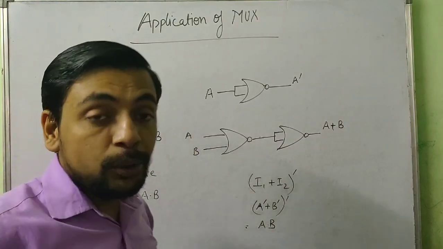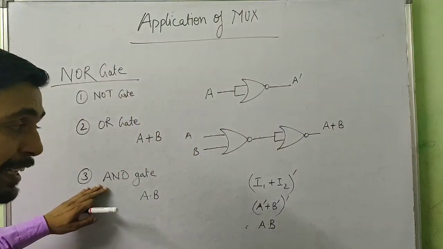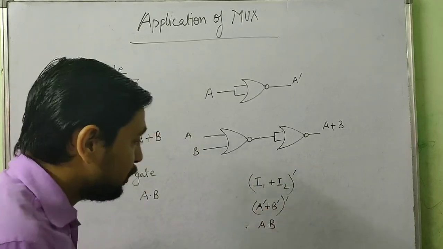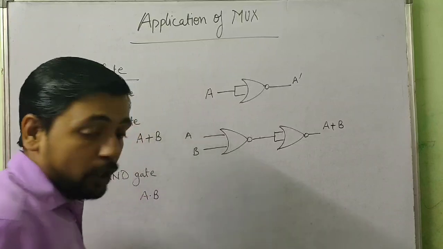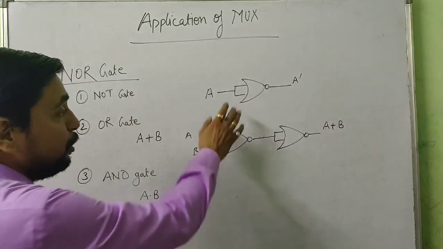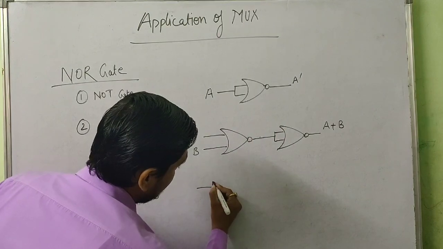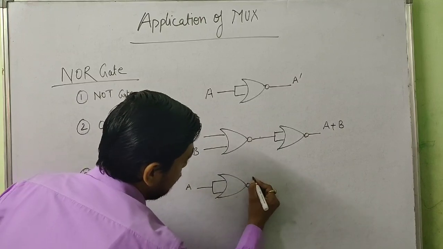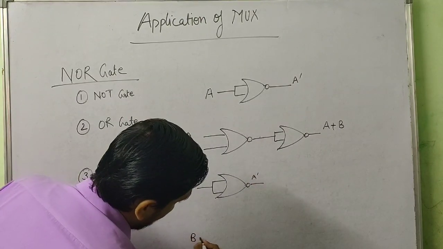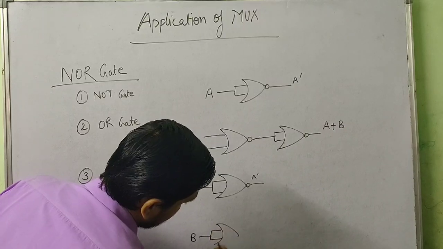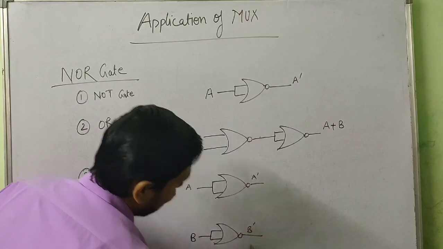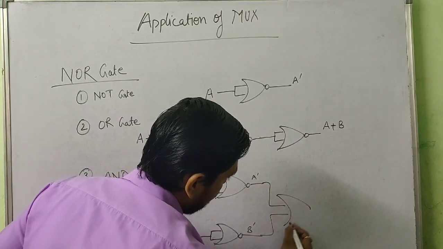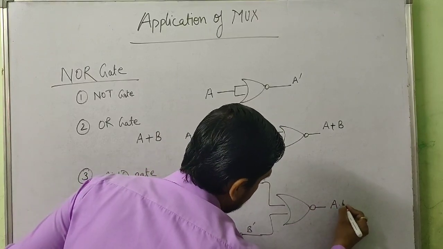So to get the output of an AND gate, the two inputs that we need to provide to NOR should be A complement and B complement. So first of all, we need to calculate the complement of the two inputs, which we can do with this concept. First we calculate A complement. So this is A and this is A complement. And then we need to calculate B complement. So this is B complement. Now if we pass these to another NOR, the result we will get is A and B.